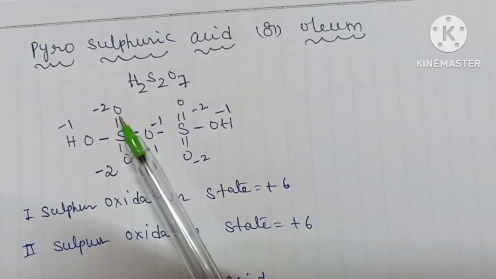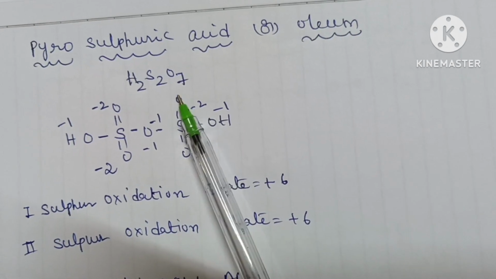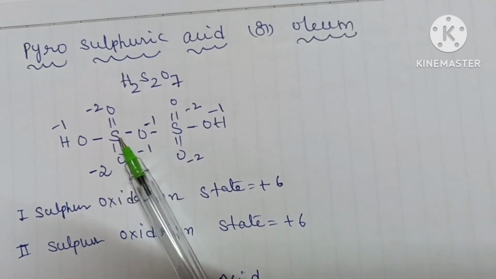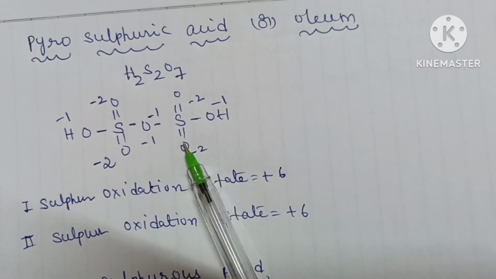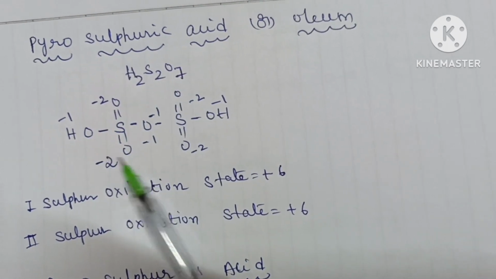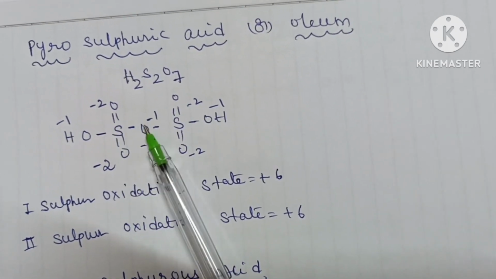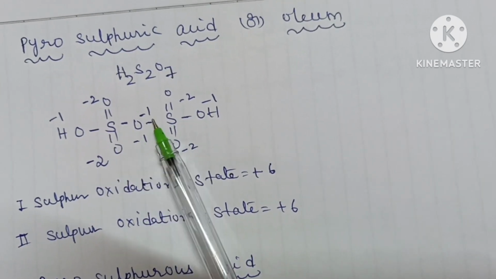Okay, after that you have to add oxygens. Double bond O, next sulfur attached with again another double bond O. Okay, next sulfur is attached with another oxygen, again sulfur is attached with another oxygen. Okay, how many oxygens are there? 7 oxygens. In this only 6 oxygens completed. Then after we have to add an oxygen attached to both sulfurs.